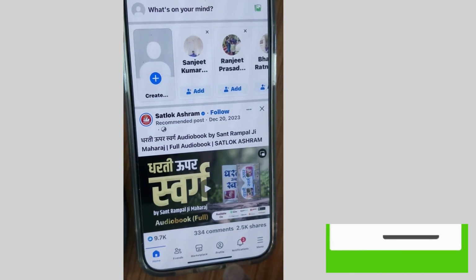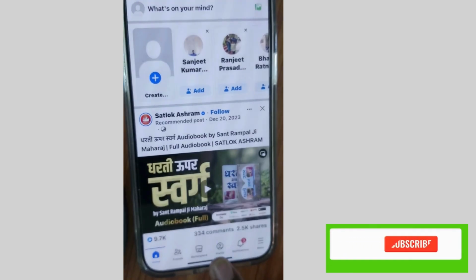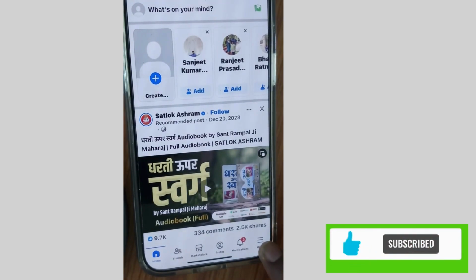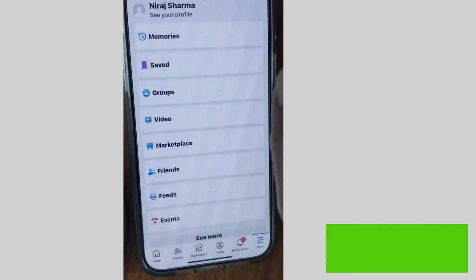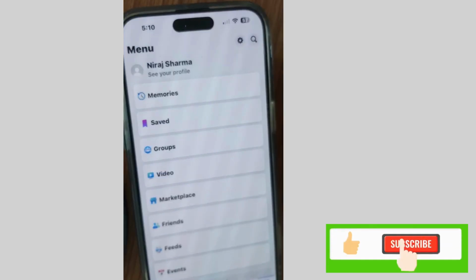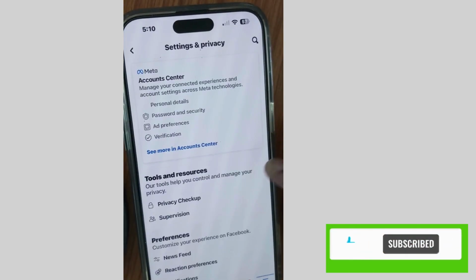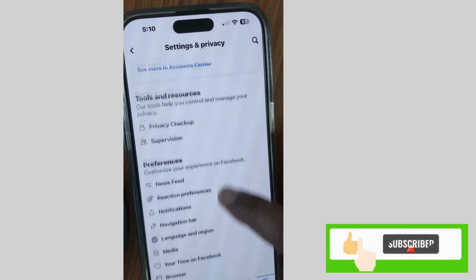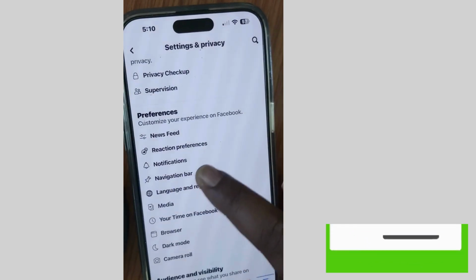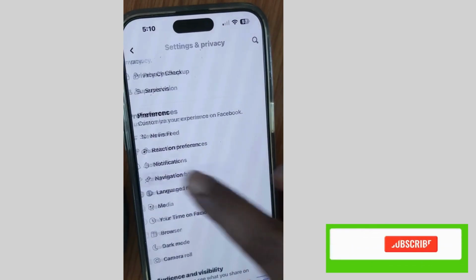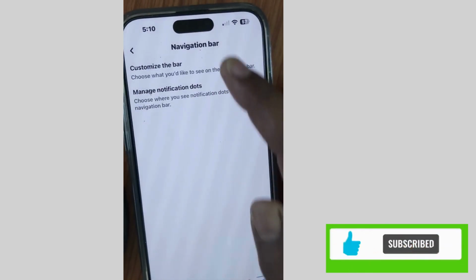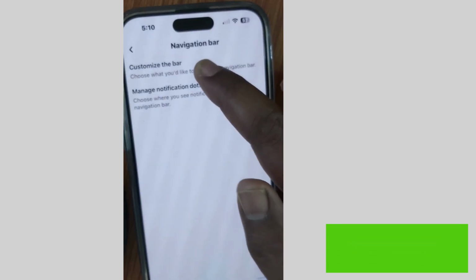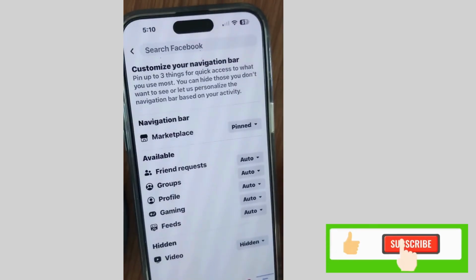option is not here. So tap on the three horizontal dots, and thereafter go to the Facebook settings page, and here scroll down and find the navigation bar. Under preferences, tap on navigation bar and here customize the bar,